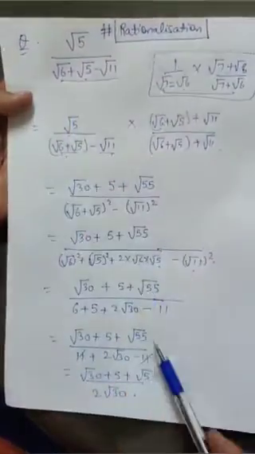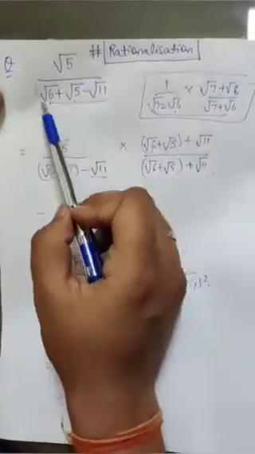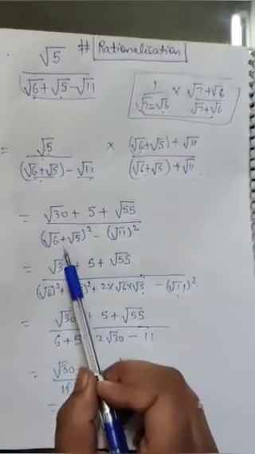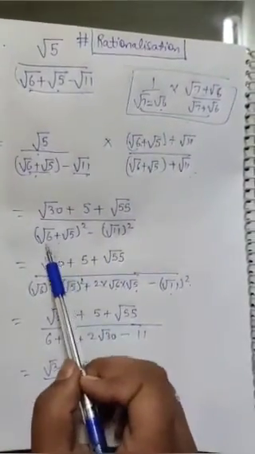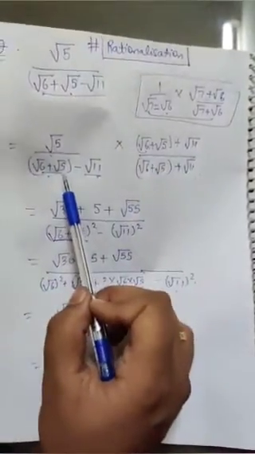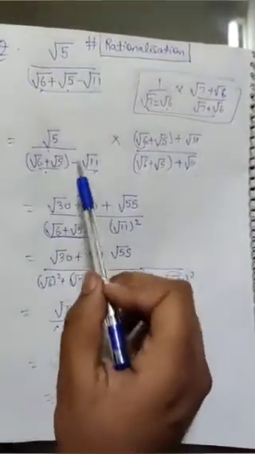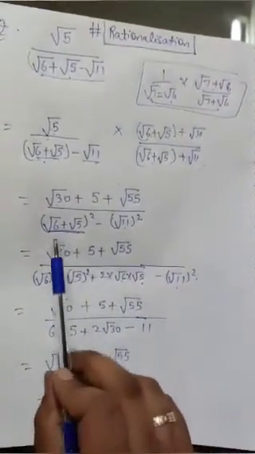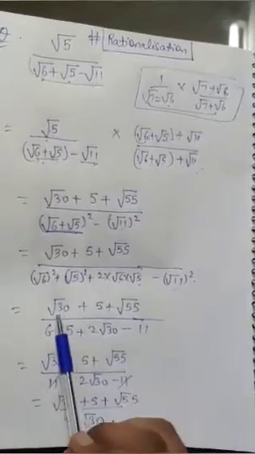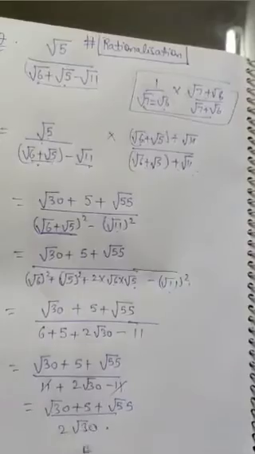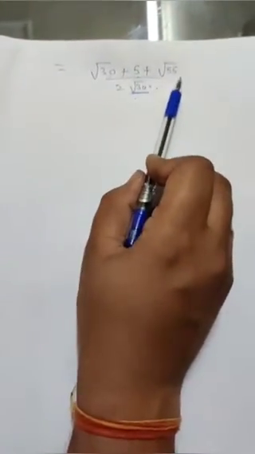And in this question what we have done so far, first of all we have to make the pairs, then the sign will change, then multiplication, and then this is a square minus b square. And what is this a square? This is a single term. We have considered here root 6 plus root 5 as a single term, and root 11 is the other term. So two terms are there, and the sign will be changed in the terms. This is (a plus b) whole square here. So this is root 30 plus 5 plus root 55, and this 11 will be cancelled out. So the final result here is root 30 plus 5 plus root 55